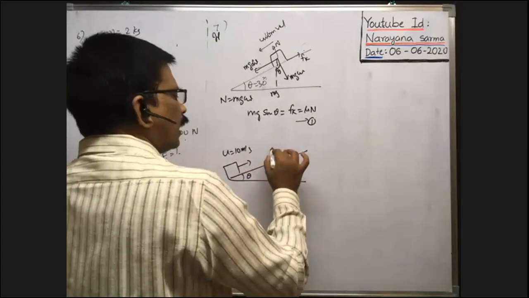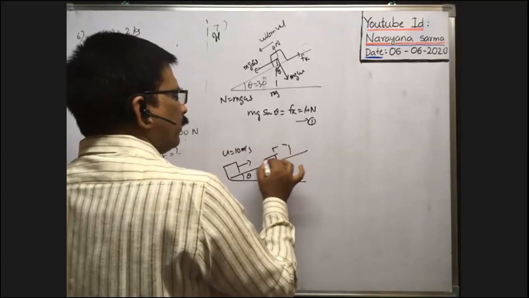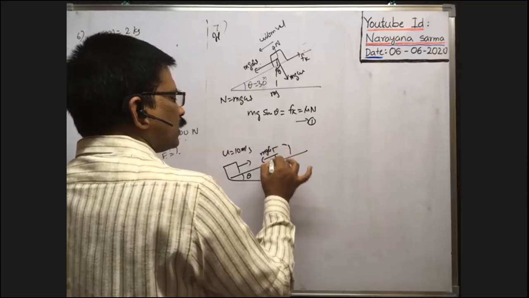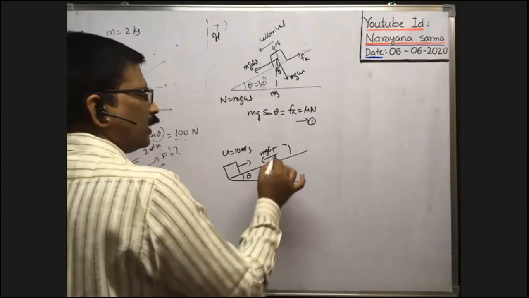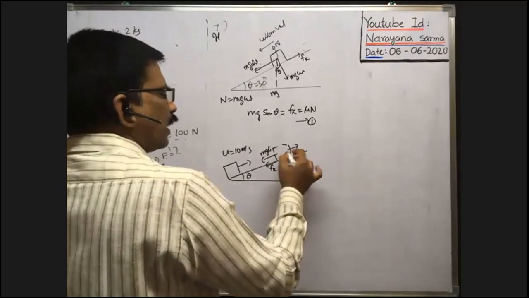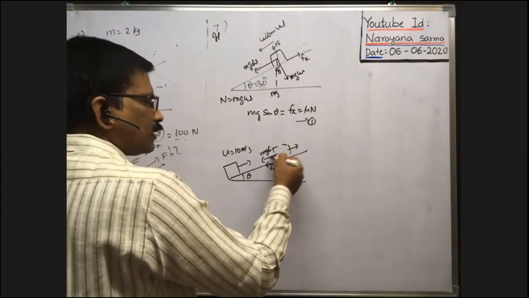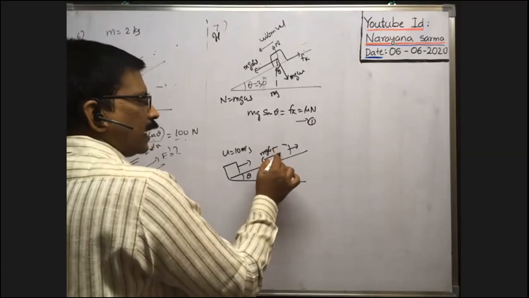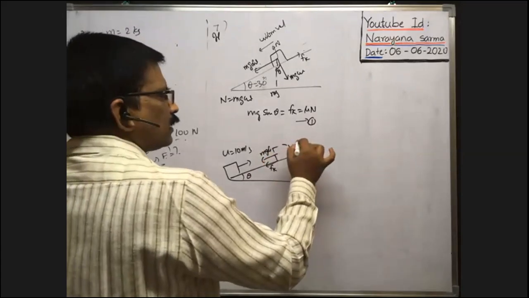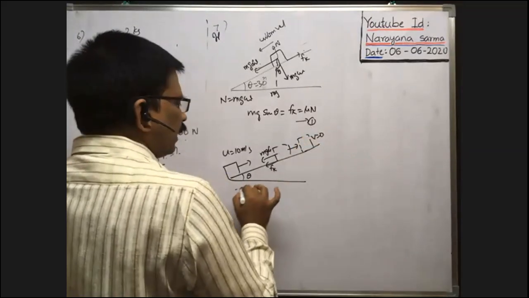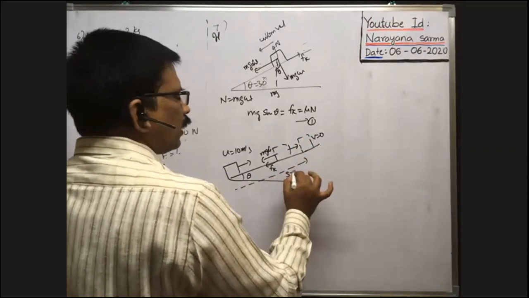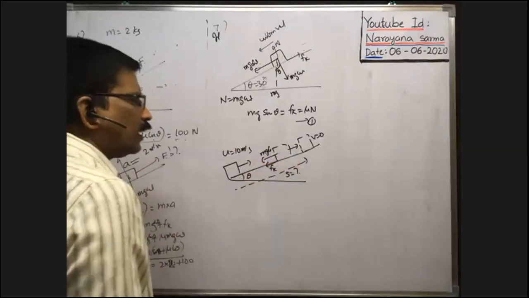As long as the block moves upwards, the weight component mg sin theta acts downwards and kinetic friction also acts downwards. That's why, as the total force on the block is downwards, a retarding force acts on it. Due to that, velocity gradually decreases, and after reaching a certain position, velocity becomes 0. Before the velocity becomes 0, to what distance does the body travel along the inclined plane? That is the question they asked.